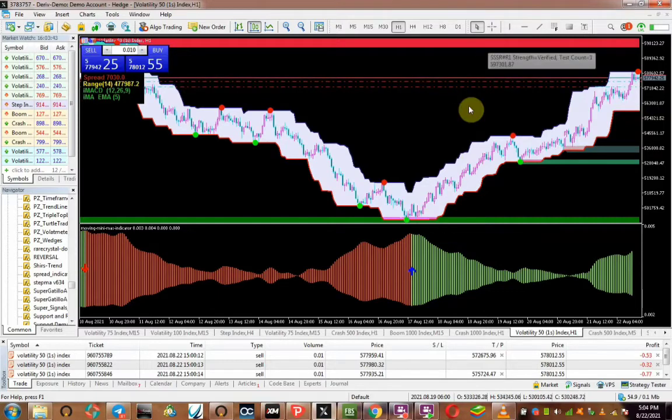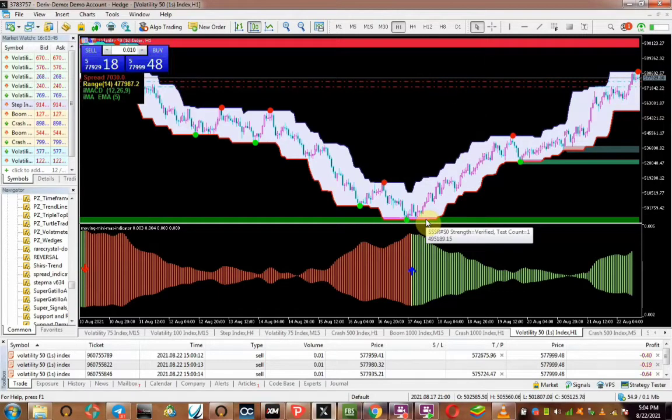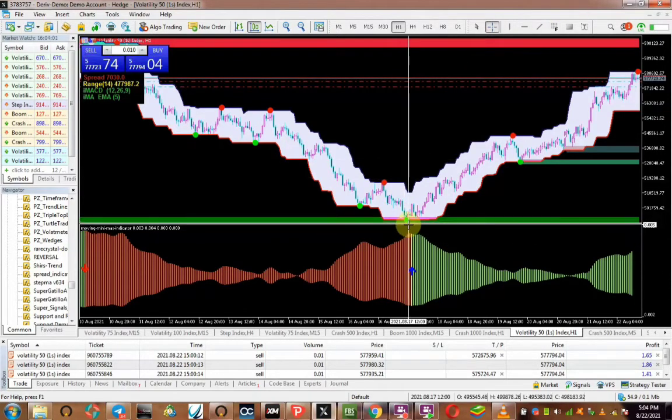Red for sell, resistance, and green for buy. So you make entries for buy, and you make entries for sell. Now, if you have used the 1 hour time frame, and you've seen the flats here, and you make, like I told you, now see, the market actually touched here,